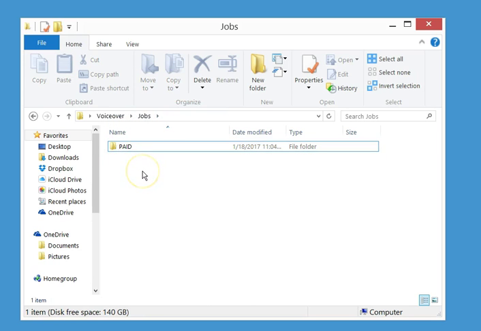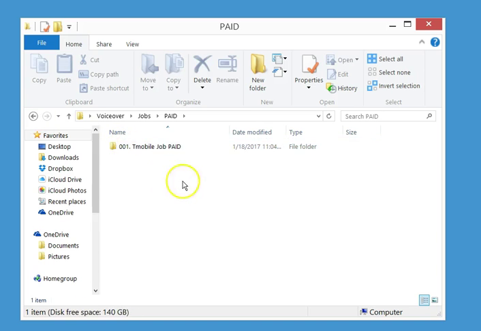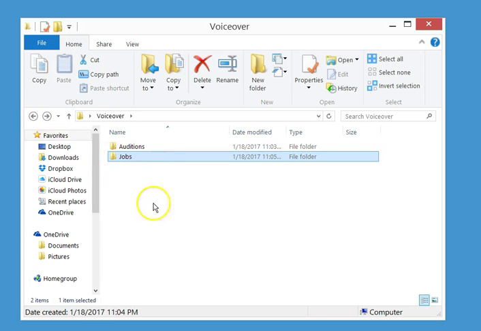So as you start getting more and more jobs, you'll fill up this whole space with jobs, and as you get your checks, you push them into the paid folder. It's not a foolproof system, and you have to really know what you're getting paid for and where the money's coming in from. But it's a good system to start with. I'm going to delete this because it isn't a job. The next thing you want to make is, back in the VoiceOver folder with Auditions and Jobs, a folder called